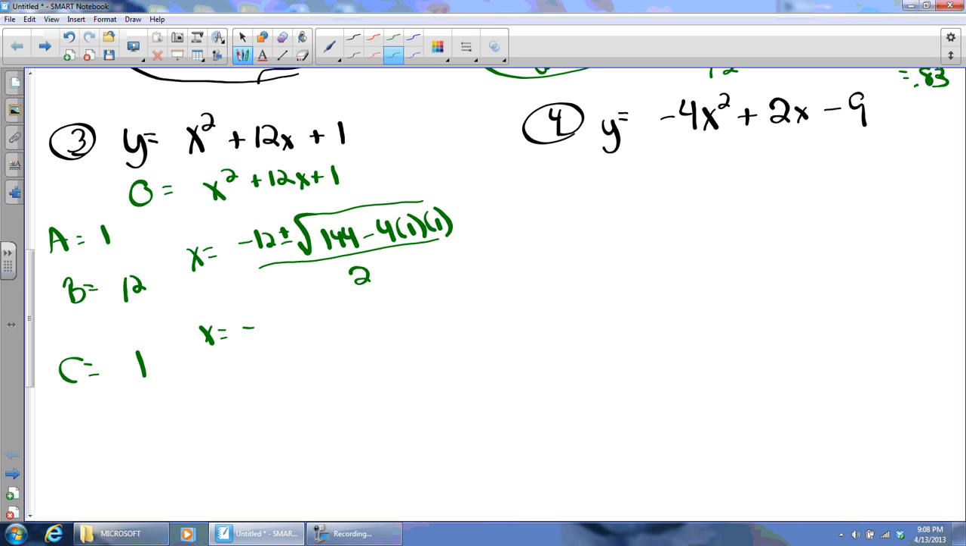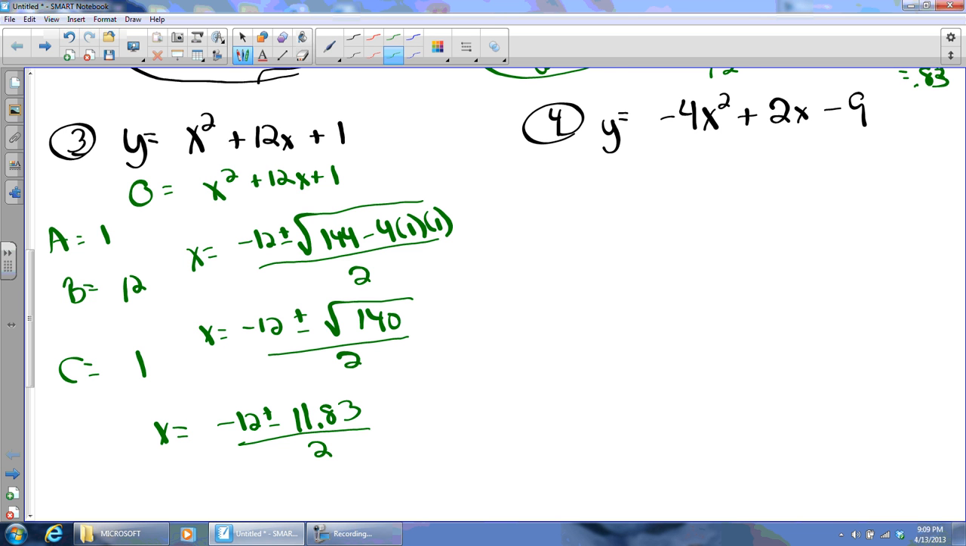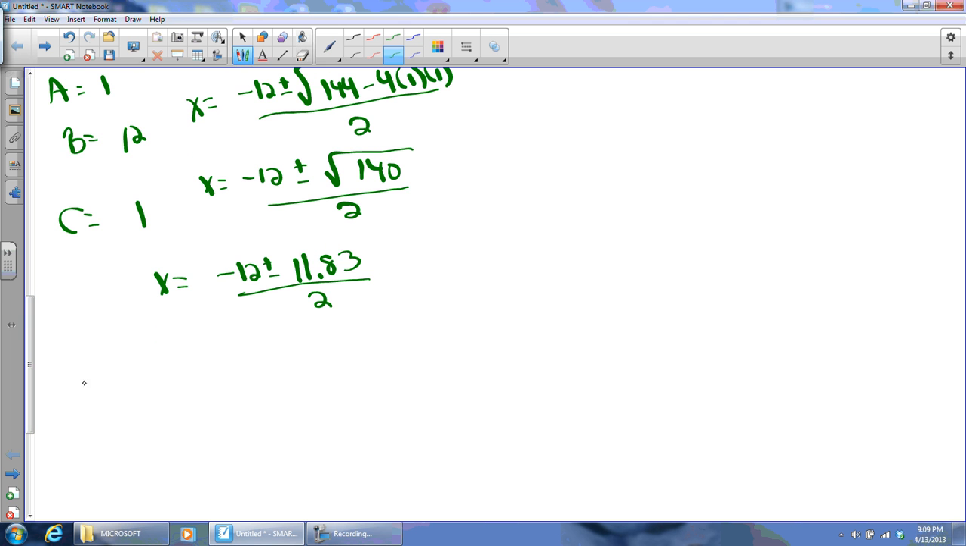So x is going to equal negative 12 plus or minus square root of 140 over 2. It's going to be high 11s, like 11.89 or something like that. But I'll crunch it just to be sure. 11.83. Okay, so 11.83. We're going to divide by 2. And so my two solutions are going to be,